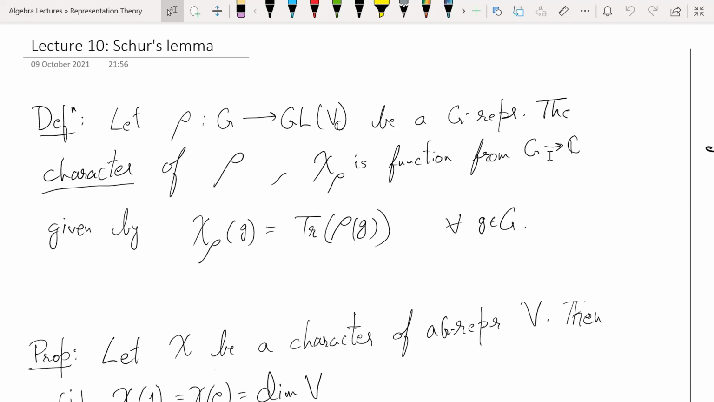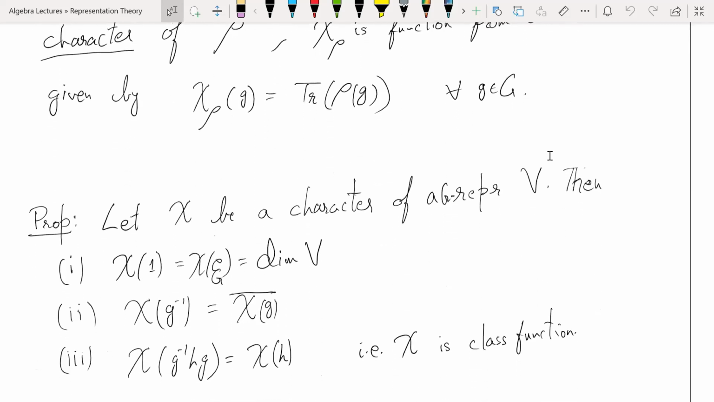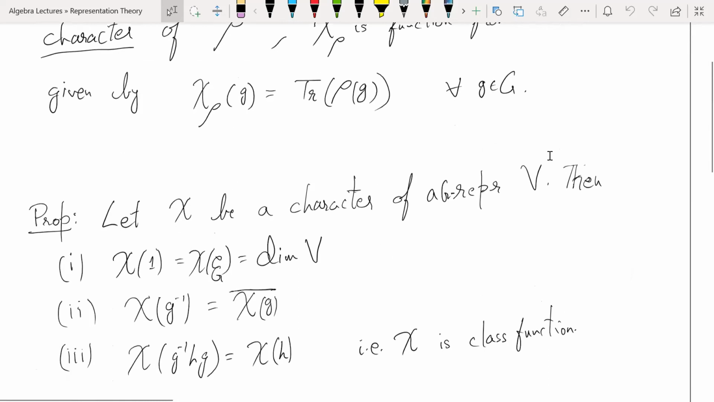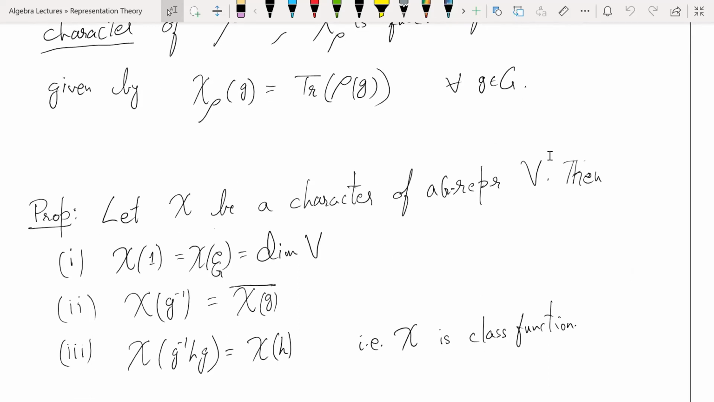In fact, if your representation is one-dimensional, of course the character is the same as the representation, so there it determines it. But in general, it's an invariant. So we saw some properties of the character. For instance, the dimension of the representation you can easily read out. Just look at the evaluation of the character at 1, and that is the dimension of the